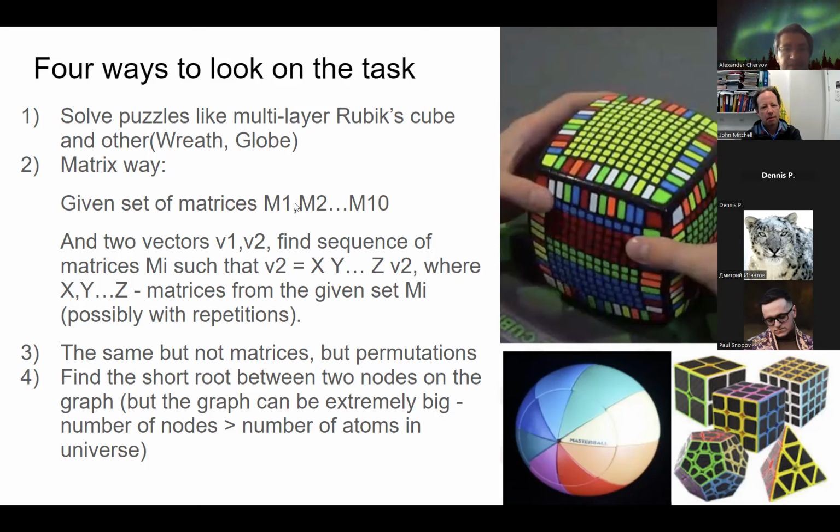They represent the moves of the puzzle. The second reformulation is about the same, but we substitute the matrices by permutations. Again, we have 2 states, and we need to find a sequence of permutations such that this sequence converts one state to another.